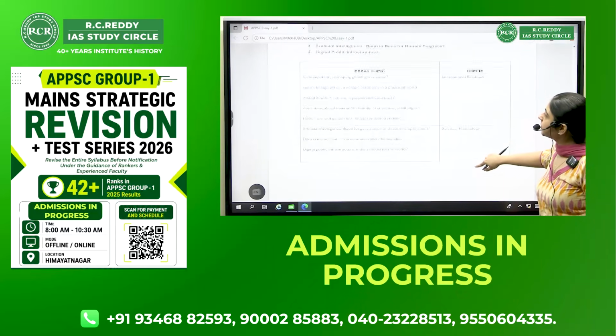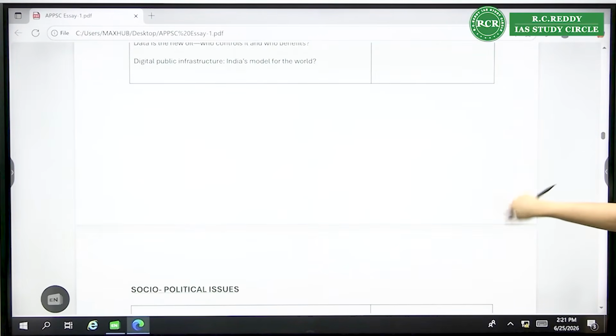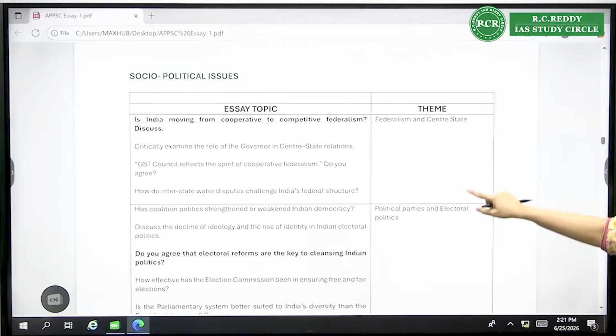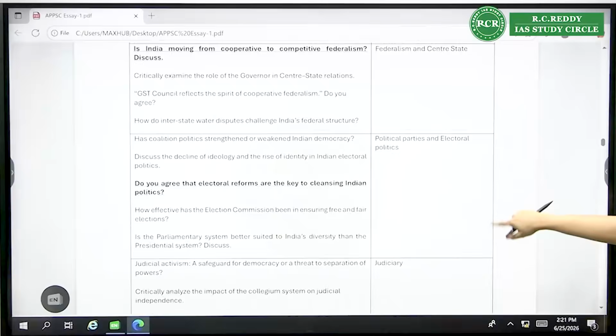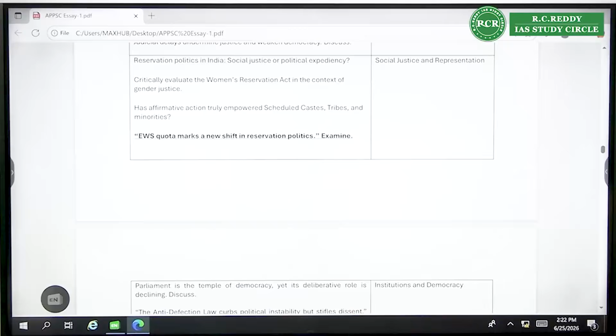Although, I'll just show you in next few classes how we will be covering. So I have already prepared a list kind of thing, right? With respect to current affairs, you'll get this document. With respect to socio-political issues, I have divided into different themes, and probable topics, I have already marked it out, right? But still, from your side also, there might be sometimes a news which I might have felt this is very easy, not worthy a discussion or a topic, but for you it might be difficult. So just go through that 1 year's Mains 365 document and go through the topics. Anyhow, we'll come back to this.